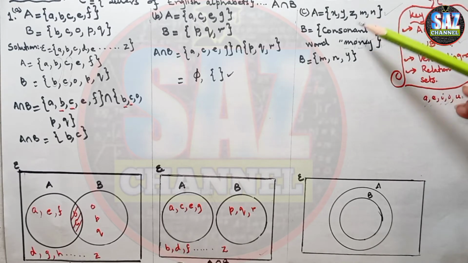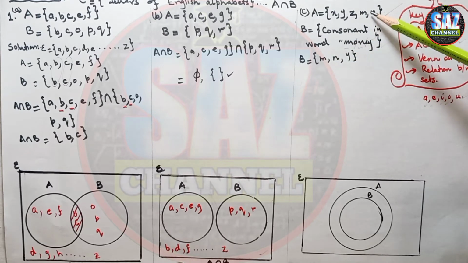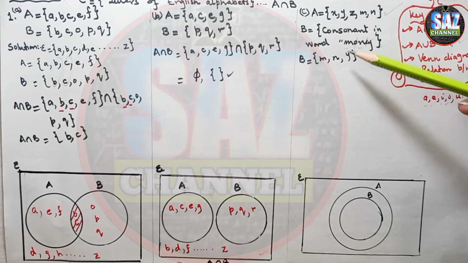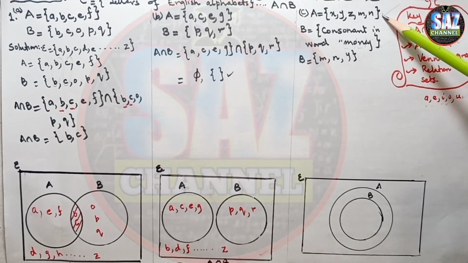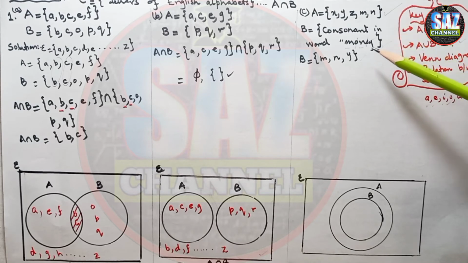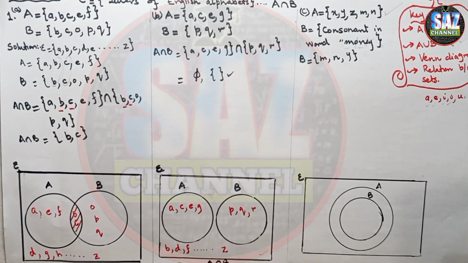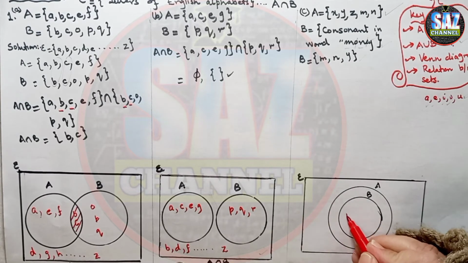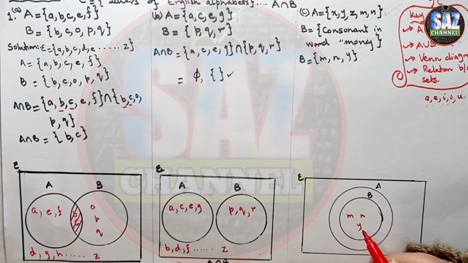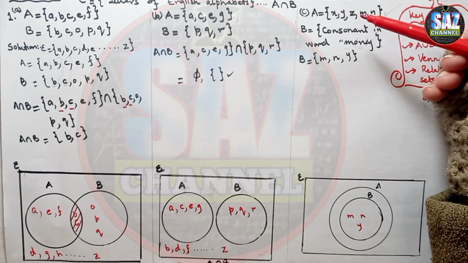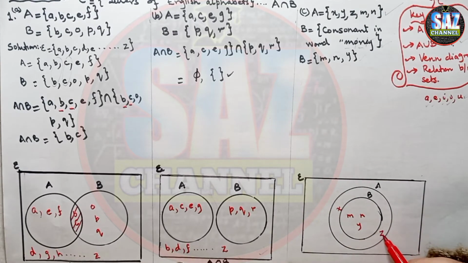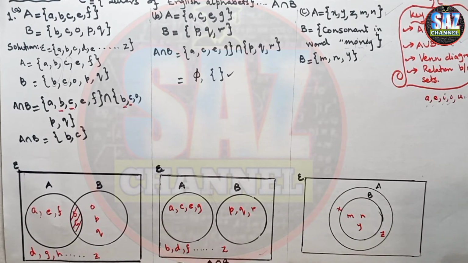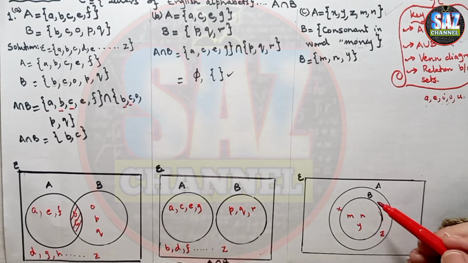If we look at M, that is present in both, and N is present in both, and Y is present in both, which means that B is completely contained in set A, or set A is the superset of set B. So first of all, I will write the elements of set B, M, N and Y, and the remaining elements of A are X and Z. And as we know that intersection means the common elements only, and if we observe sets A and B, set B is completely inside set A.